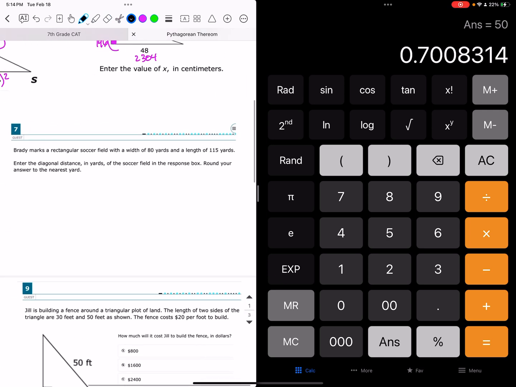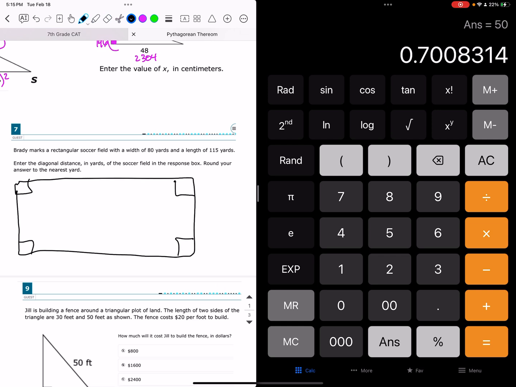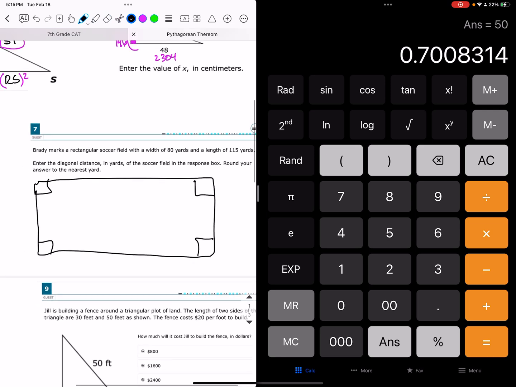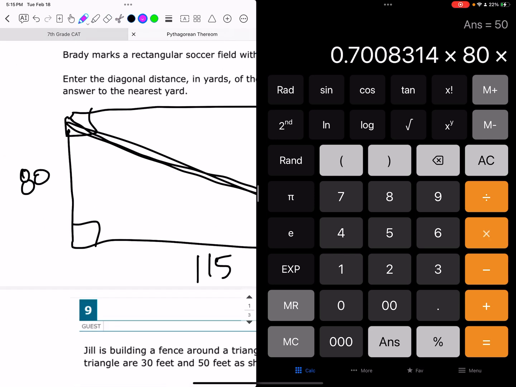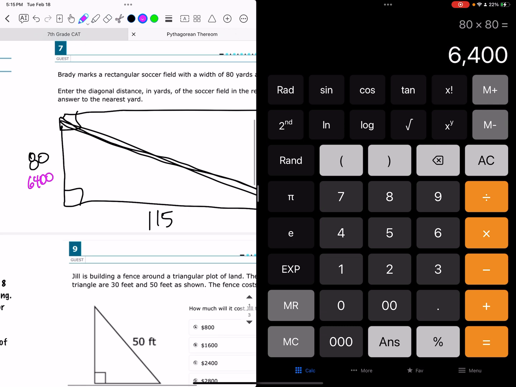Okay, let's see, we've got a perfect rectangle on a soccer field, so all of them are 90 degrees. On a rectangle, everything's a perfect 90 degrees. And it says one side is 80, one side is 115. We're taking the diagonal. We're going to square both these sides. 80 times 80 is 6,400. 115 times 115 is